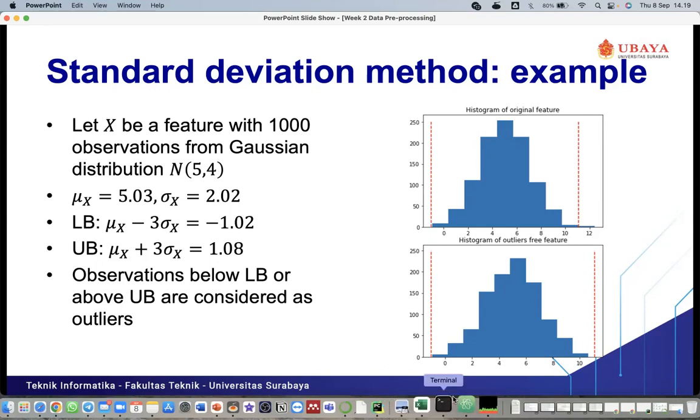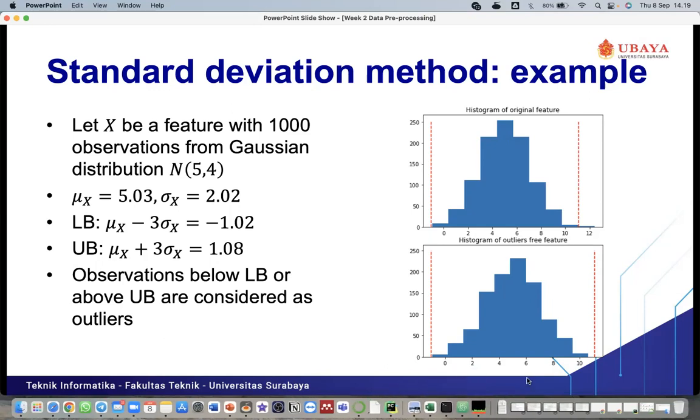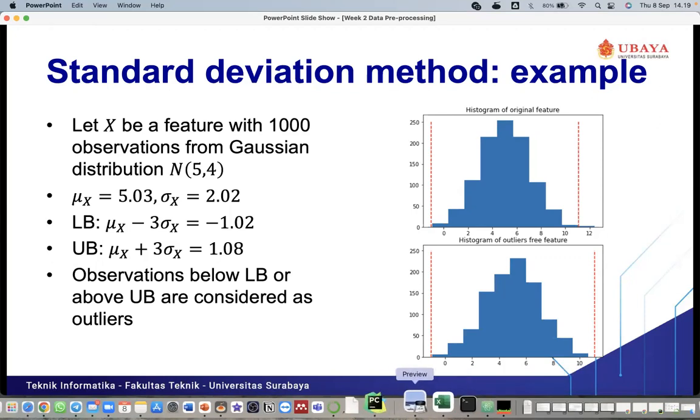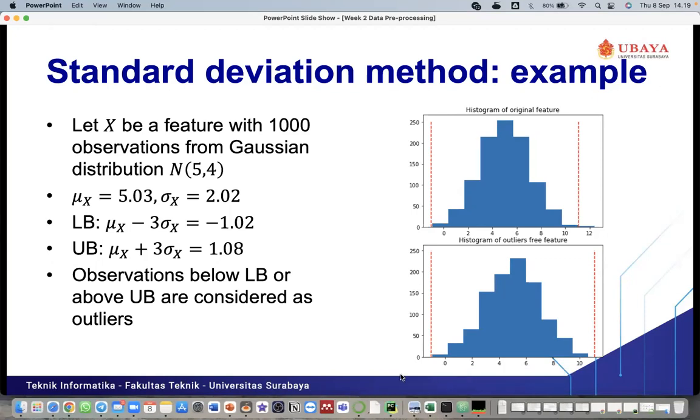Okay, so if we have values from our features at this position, below the minimum or above the maximum values from our sample, it's outside our Gaussian distribution, so we can assume that the feature contains outliers.